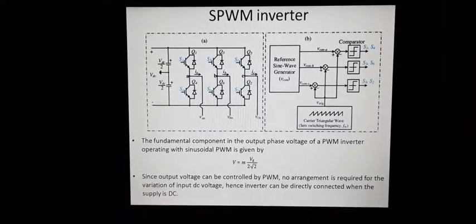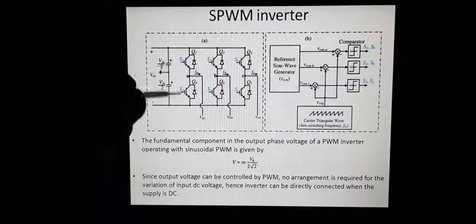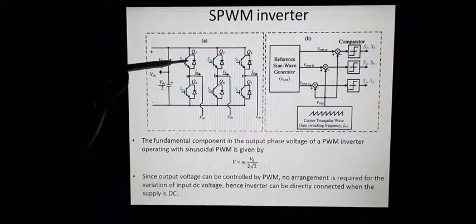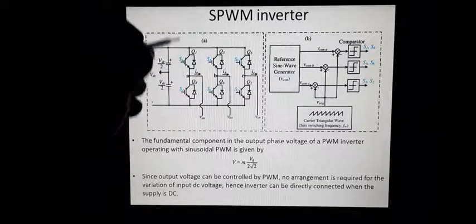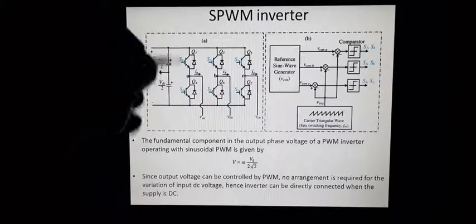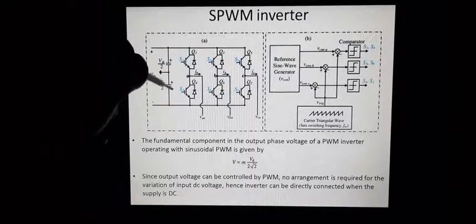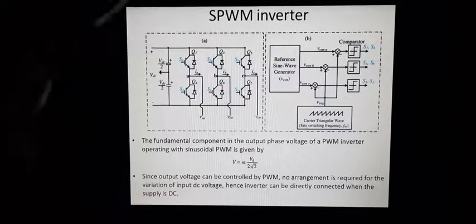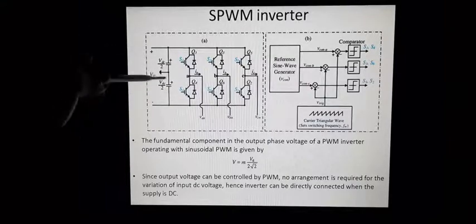You must be well aware that the control signal provided to switch S1 and the control signal provided to switch S4 must be complementary to each other. Complementary means inverted to each other. Otherwise, if the same control signal is provided to both switches, these two switches will turn on at the same instant, resulting in a short circuit of this branch, or a short circuit of the source, and it should be avoided. The only solution is that the control signals for S1 and S4 must be complementary.